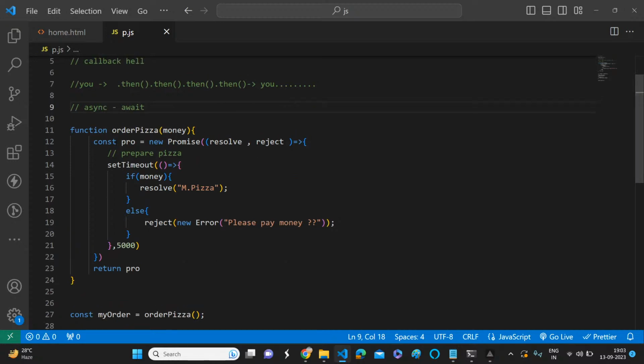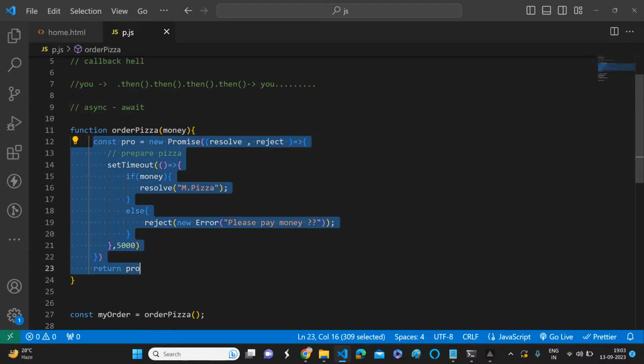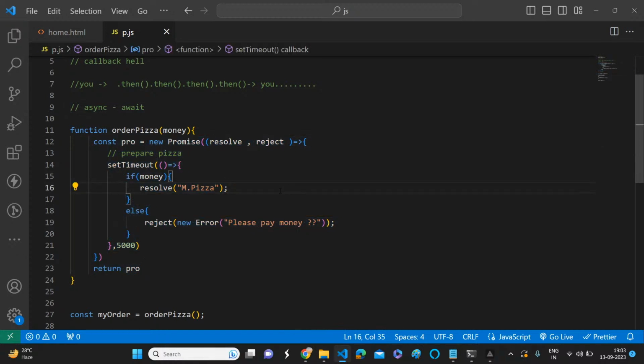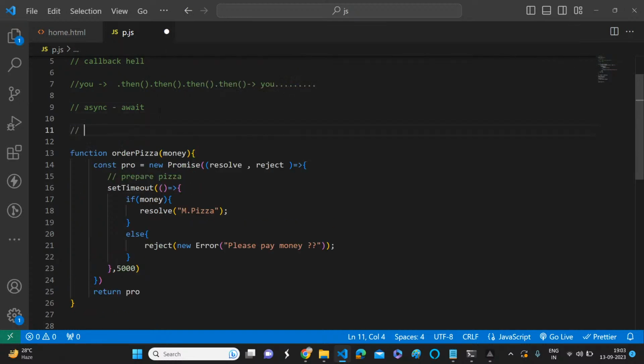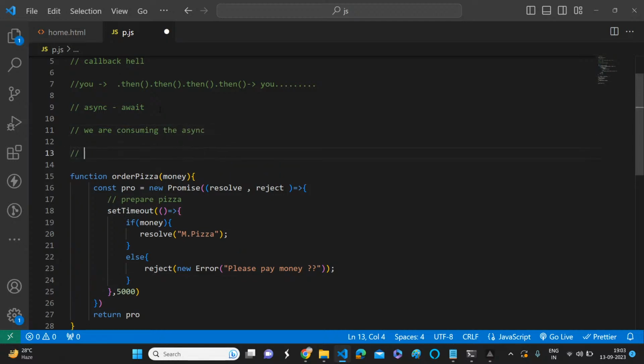Yeah, we don't write this one because whenever you are building asynchronous logic, then we need to write these promises. Most of the time in projects, we are consuming the asynchronous call. So if you get a chance to build asynchronous logic, then we will write the promises. Okay. Most of the times,